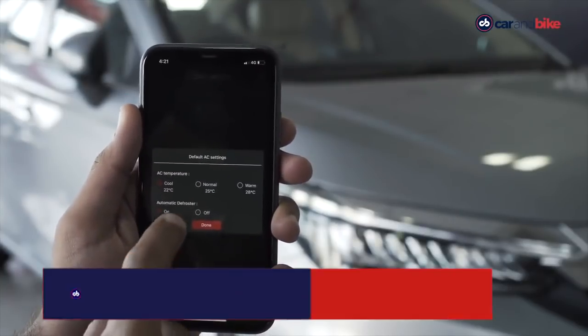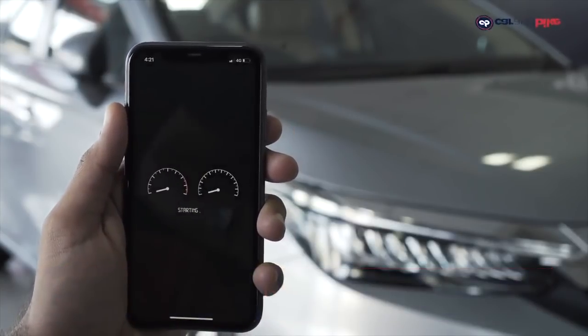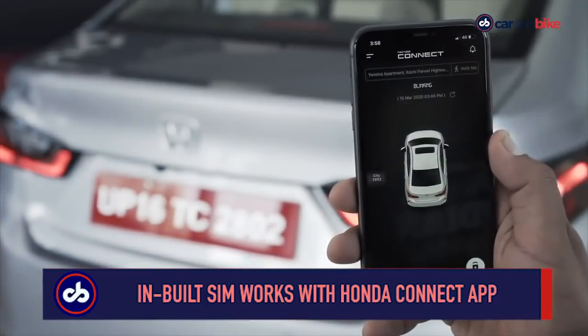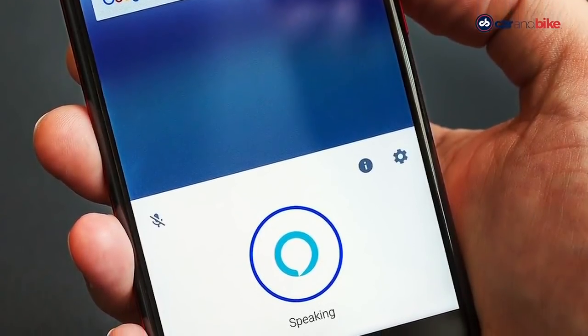The app connects to the car through an embedded SIM card, and you can also use the Honda Connect app to give voice commands. Some other tasks you can ask Alexa to do for you are checking tire pressure and checking fuel and battery status of your car. There are many more, including